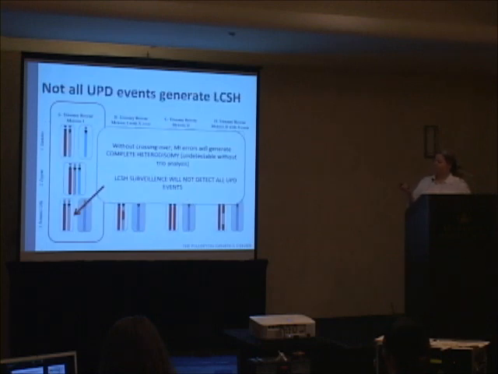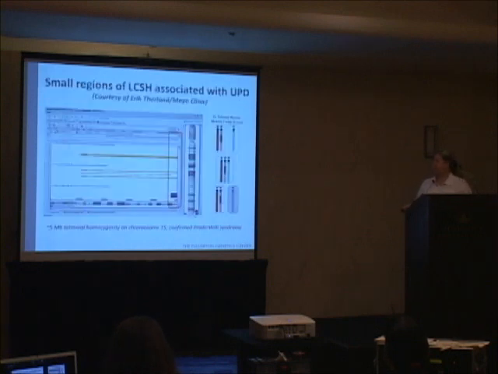And the point I want to make to the whole room is that if you have a meiosis 1 non-disjunction, which is the most common error, especially in females, and you don't have any crossing over, which you might argue would increase your chance for a meiosis 1 non-disjunction event, you're going to generate 2 maternal chromosomes that are completely heterozygous, no homozygosity at all, and you would never pick this up by surveilling for homozygosity. And so it's super, super important that the clinicians ordering the test understand that this is not a diagnostic assay for uniparental disomy. If you're suspicious of UPD, you should order a molecular test for that suspicion. We find it serendipitously, but it's not a diagnostic test.